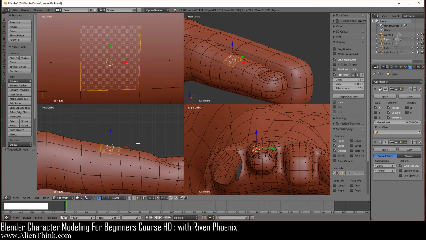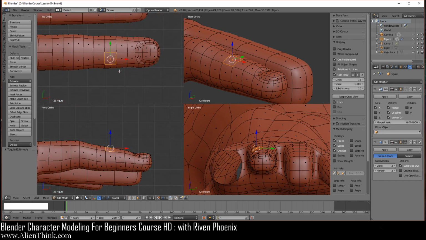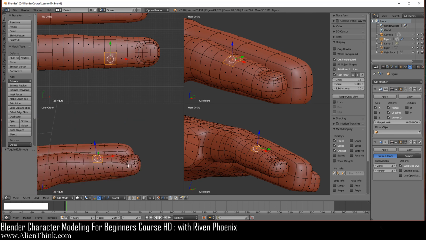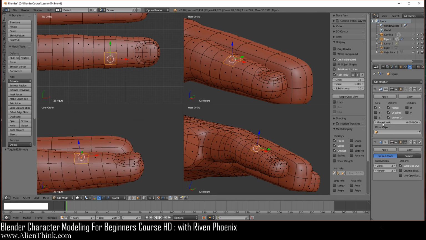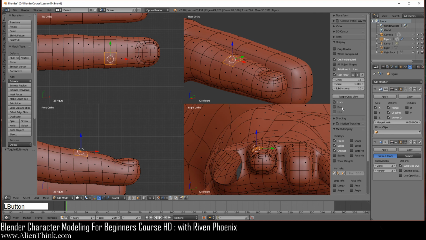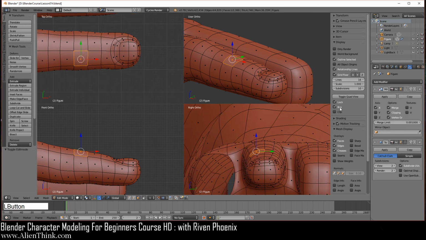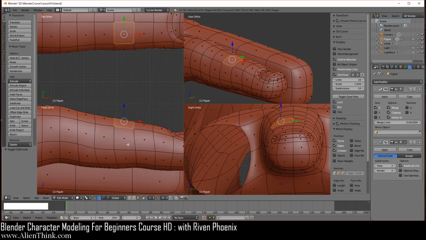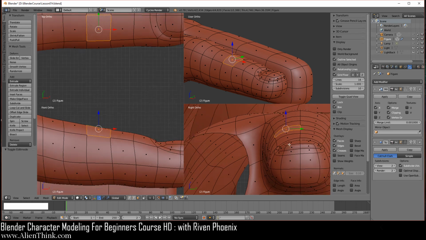Okay, so now as I said, when you do the middle mouse button, it's not going to rotate, right? And the reason for this is because it's unlocked. So if you unlock this, now you can rotate over here too. Now notice that if I move this, nothing else is really moving in the view. So when you click this over here, let's actually do it, click on the box show position between side views. So over here, when I move this, it's going to move these two, right? So this is like just positioning it over here.